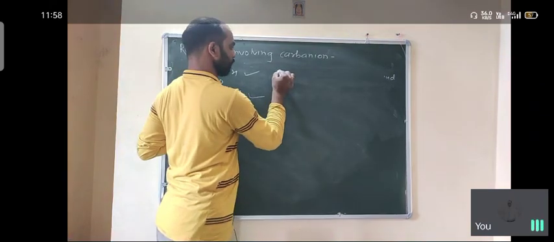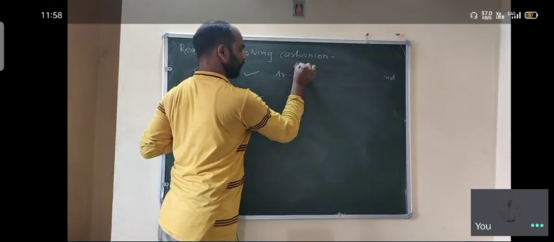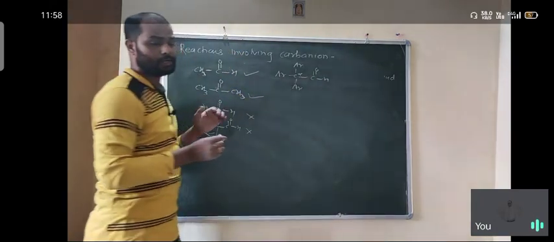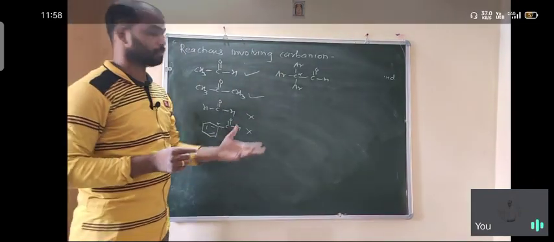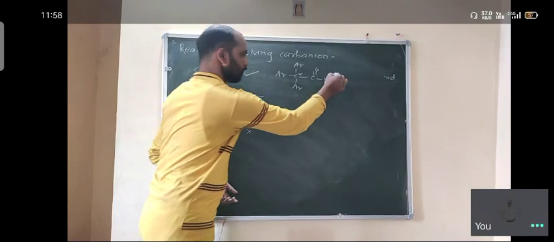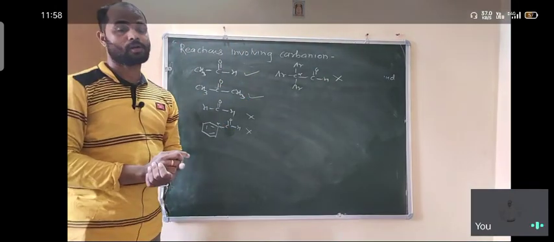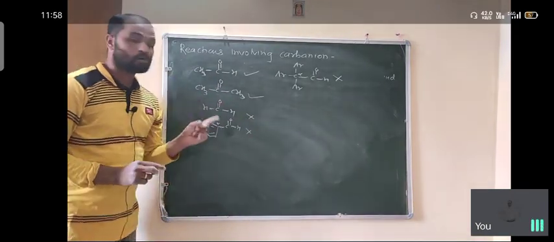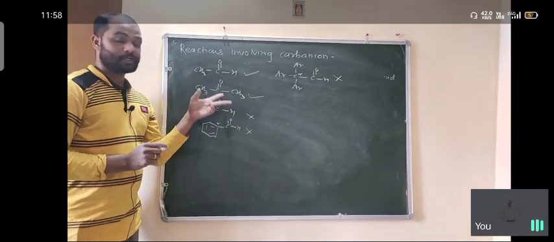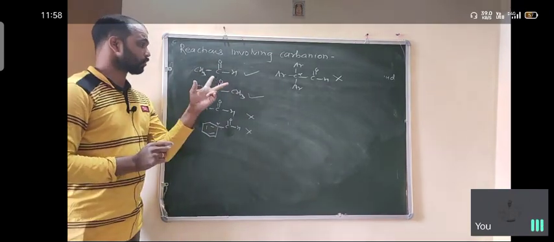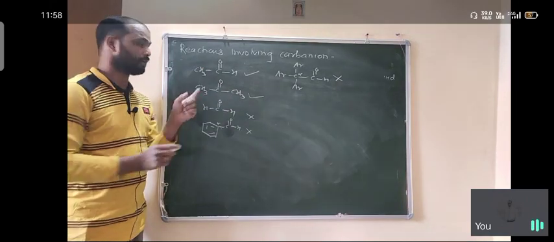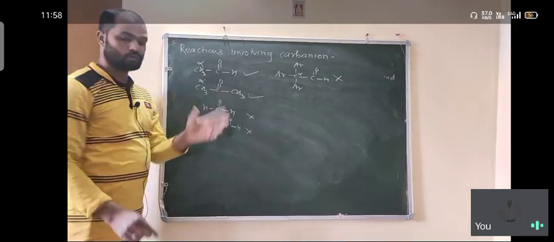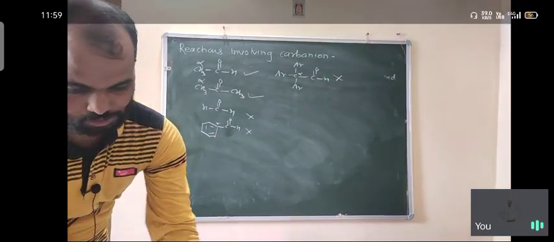Suppose I take another example, Ar C double bond O. Again there is an alpha carbon, and the alpha carbon has all phenyl rings, meaning again there are no alpha protons, so this also does not undergo the aldol condensation reaction. So our first condition is which compounds undergo aldol condensation: aldehydes and ketones having alpha hydrogens. We are going to discuss condensation reactions in detail.